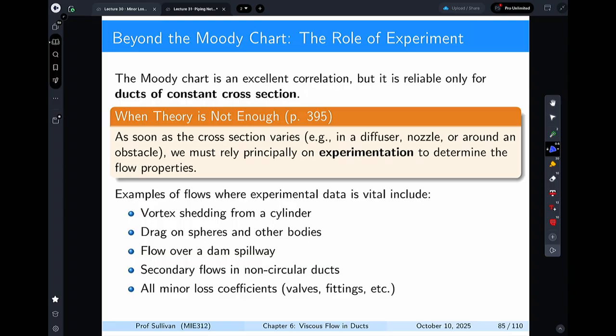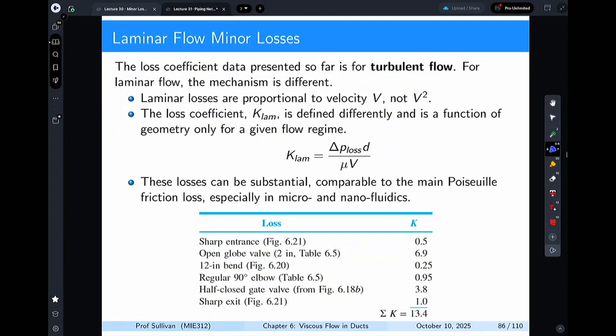So in terms of where we are in chapter 6, this last one right here is where we've been. But in chapter 7, we're going to talk more about the first two, vortex shedding from a cylinder, drag on spheres, and then secondary flows we also covered in chapter 6. Flow over a dam spillway is something that you will hear about from your colleagues, mostly in civil, except when you have to do a